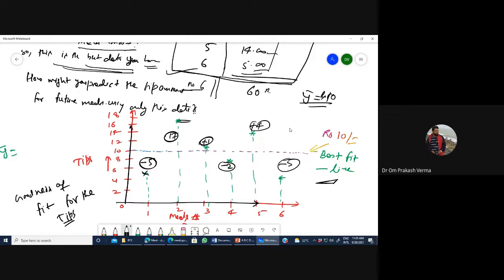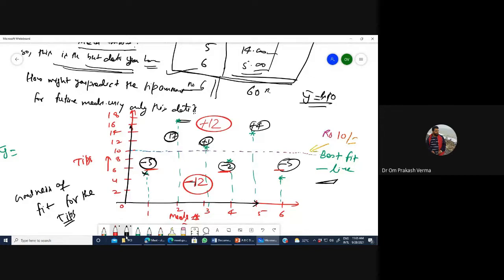The interesting part is, if you add the numbers below the best fitted line, you find that the value is -12, from -5, -2, -5. The same value you get above the fitted line: 7 plus 4 plus 1, that is 12.